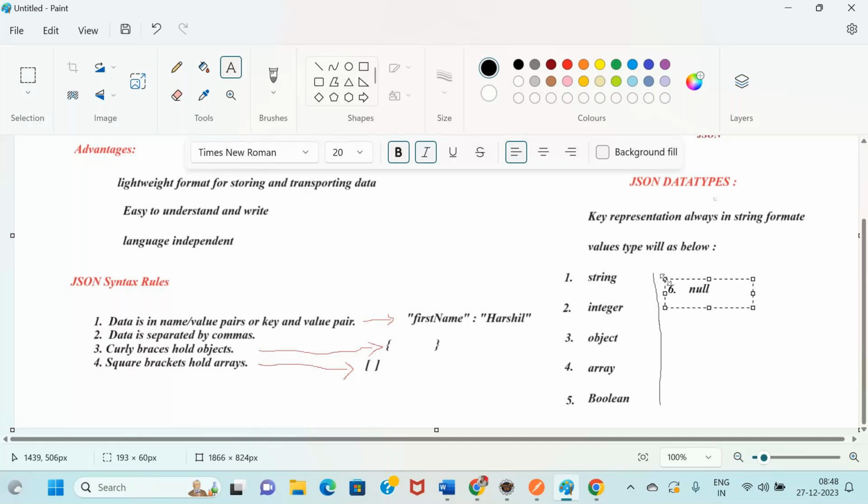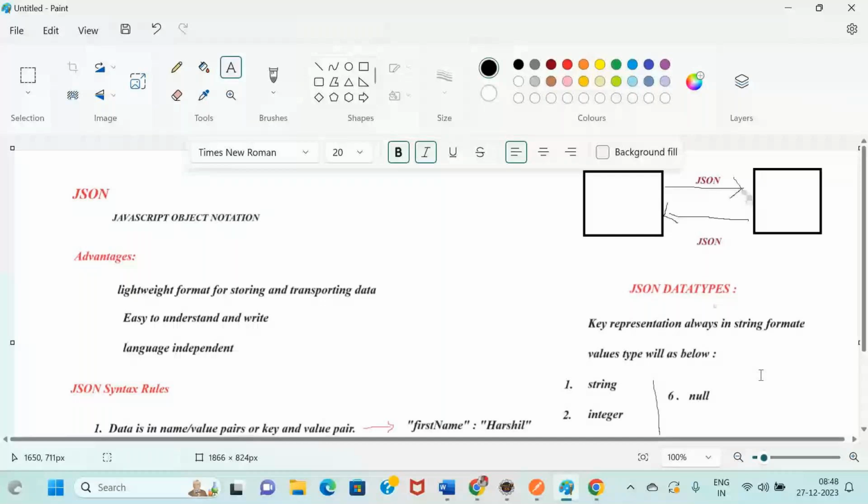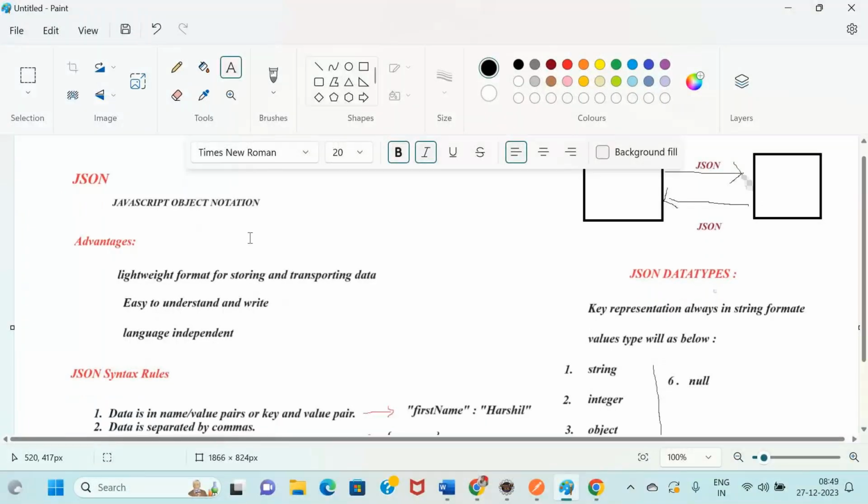Okay, so now these are all the basic things before we start writing in JSON. First, what is JSON? The full form of JSON is JavaScript Object Notation, and we use it for transferring and storing data. Internally, APIs use it for communication. Why is it so popular? Because of its lightweight format, which helps us process the data.